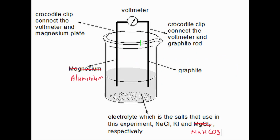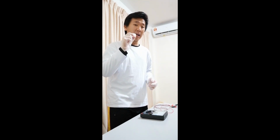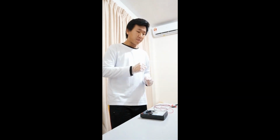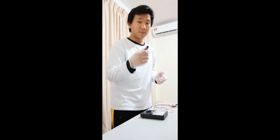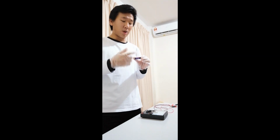Today I'm going to do an experiment which is galvanic cell. Galvanic cell, also known as voltaic cell, is a device that creates electricity by using chemical reaction, specifically oxidation and reduction reaction. To give you a brief understanding of this device, we can say that it is a battery. Inside the battery, a chemical reaction occurs and produces an oxidation and reduction reaction,